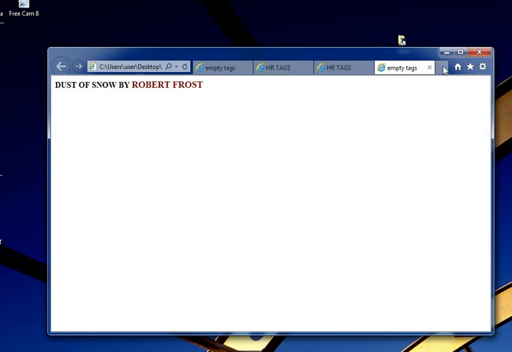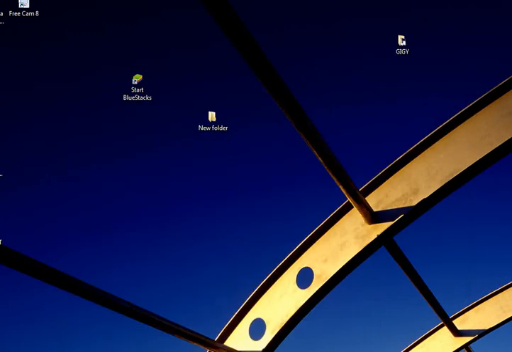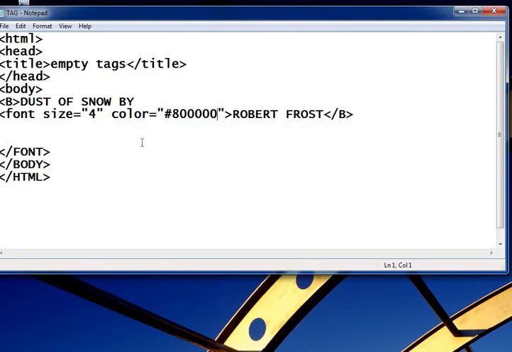Then the use of line break tag is, I just minimize this one and take the tag again.